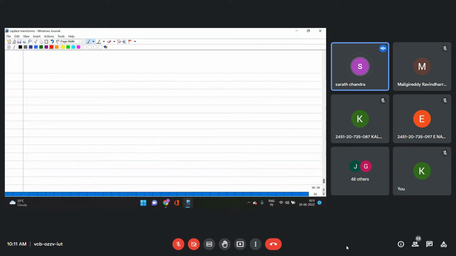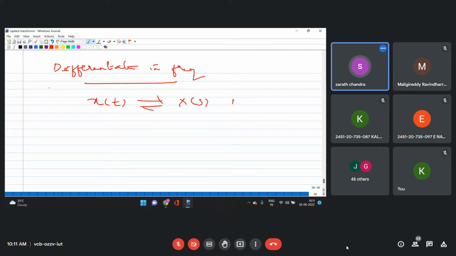Yeah. So next one, yes, differentiation in frequency. This is a property, and what the property says is: if x of t gives X of s, with ROC equal to R, all right, then